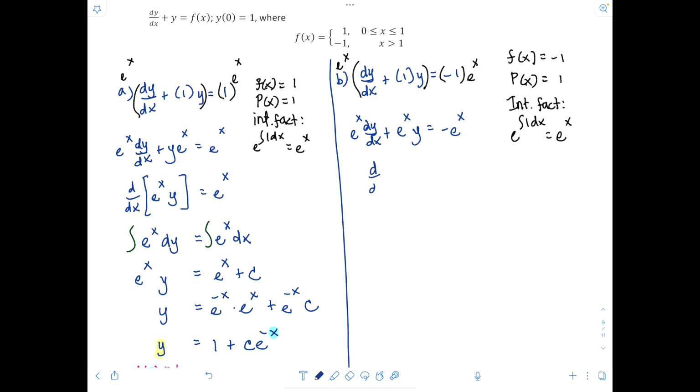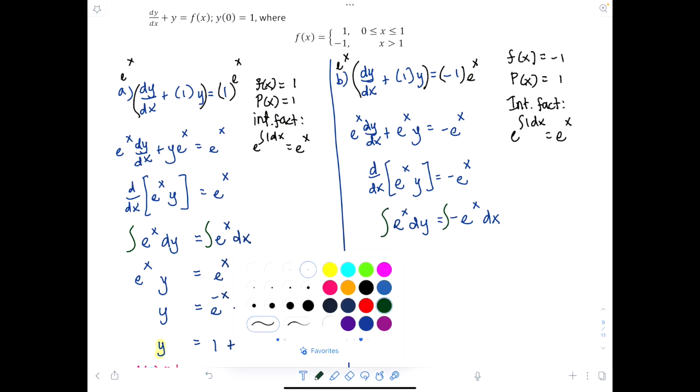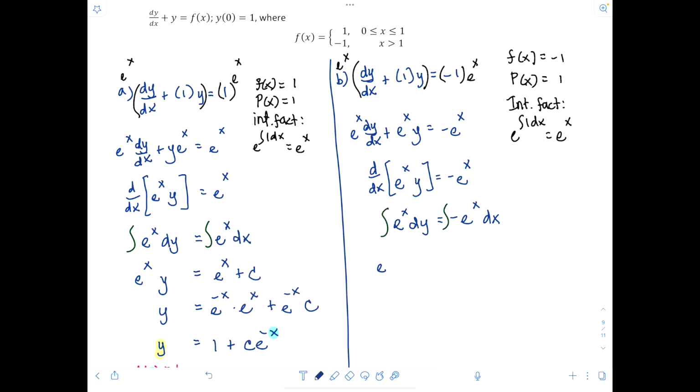So then we have d/dx of e to the x times y equals negative e to the x, and then e to the x dy is equal to negative e to the x dx. Integrating both sides, we shall have e to the x times y equals negative e to the x plus c,